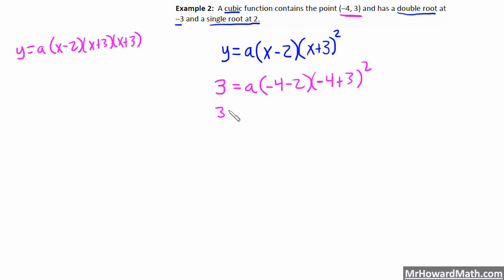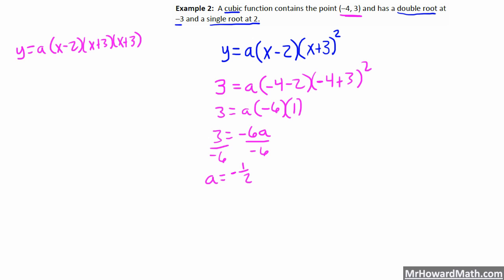So we would have 3 equals a times -4 minus 2 is -6. -4 plus 3 is -1, and then that squared. -1 times -1 is +1. So we actually end up with 3 equals -6 times 1 is -6 times a. Okay, so we're going to divide by -6, and we get our a value is equal to